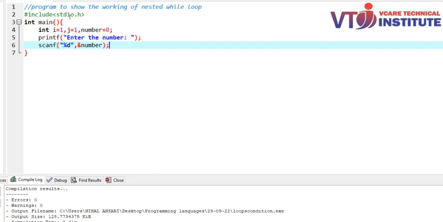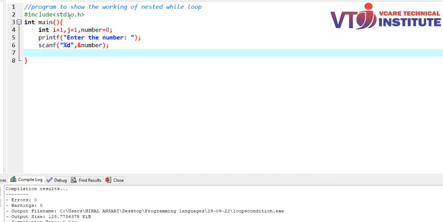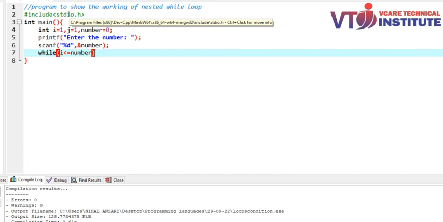ठीक है, अब हम अपना वाइल लूप को शुरू करते हैं। अब वाइल लूप के केस में हमारी कंडीशंस रहेगी वाइल i लेस देन इज इक्वल टू, i की वैल्यू हमारी नंबर से जा रही है तो हम i इज इक्वल टू नंबर। ठीक है, और इसको शुरू किया, ये हमारा आउटर लूप है।